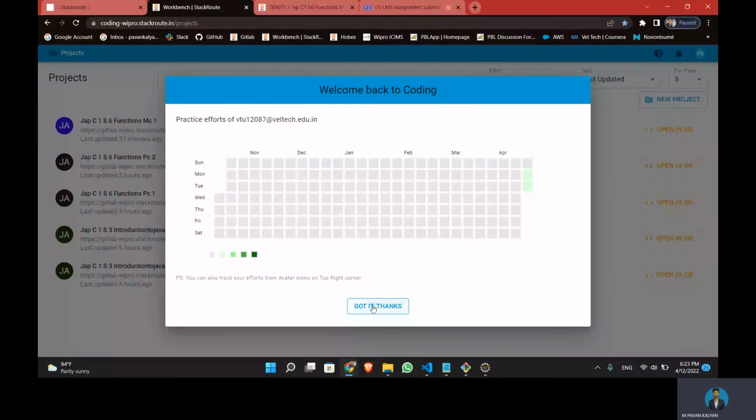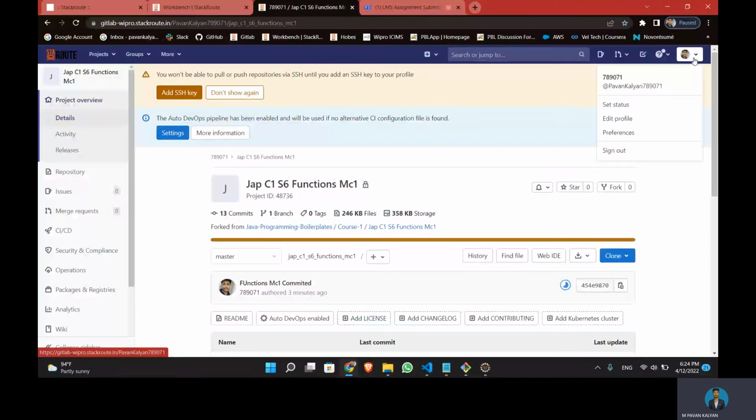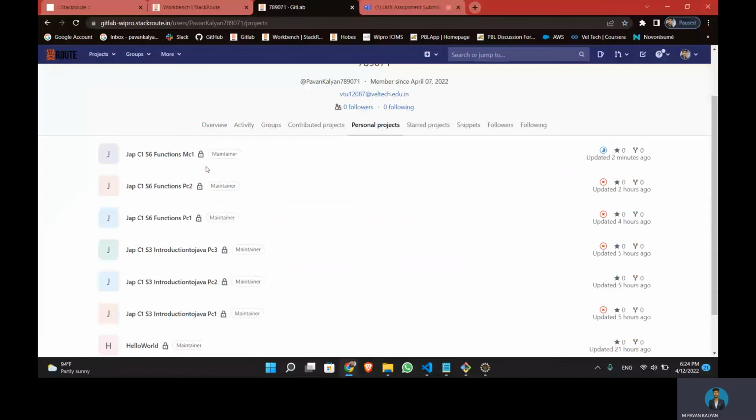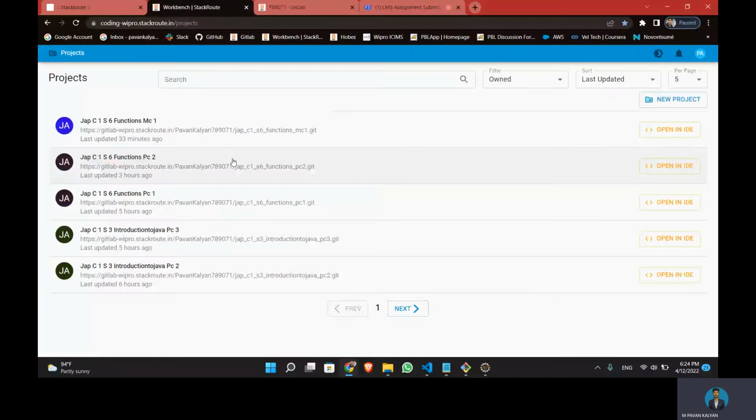Let me open my profile, personal projects. So however many projects you have, which we have forked into our GitLab, those folders will be shown in Workbench to edit those codes. So open in IDE,